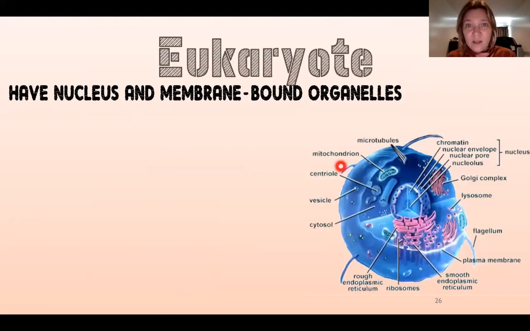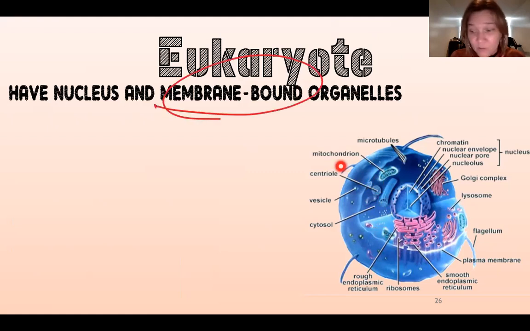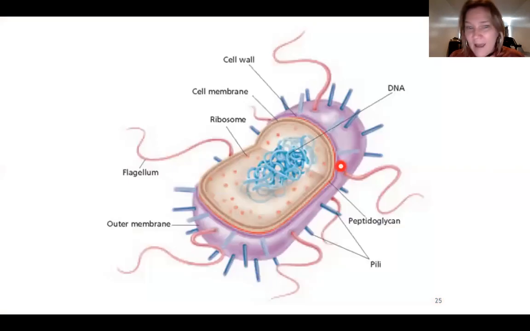Now, eukaryotes, which is the majority of organisms on Earth, do have a nucleus, which you can see here. And you see this bound by a membrane. There's a membrane that contains it. And they have membrane-bound organelles. So you can see all of these structures in here. They're all organelles. And the reason why it says membrane-bound is because if I go back here,